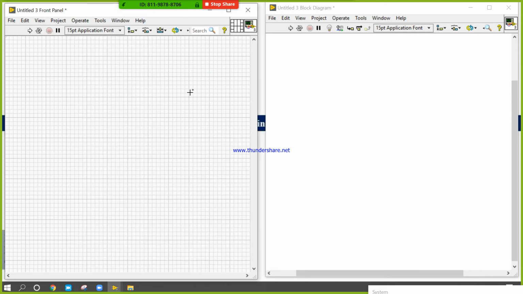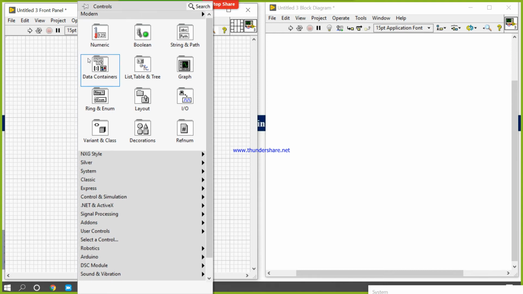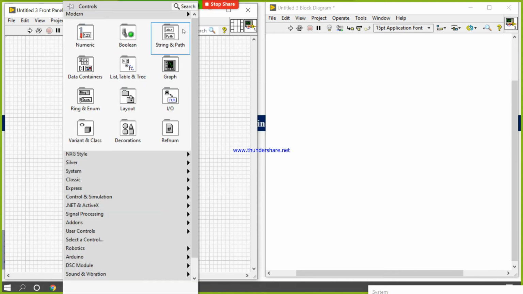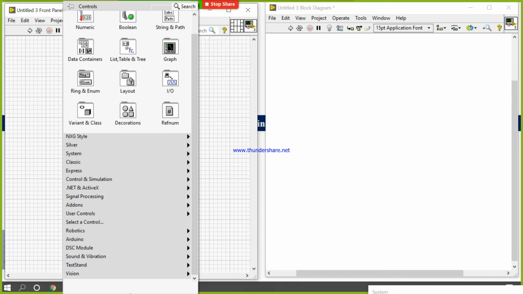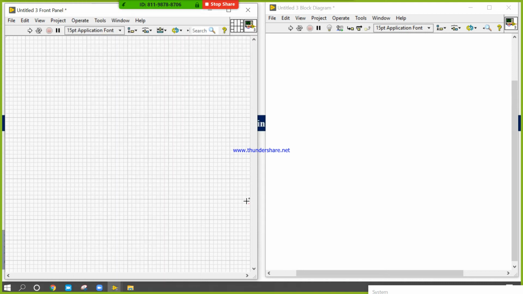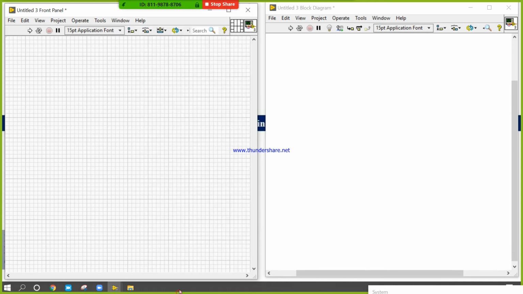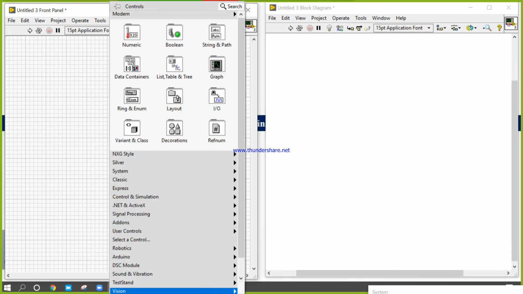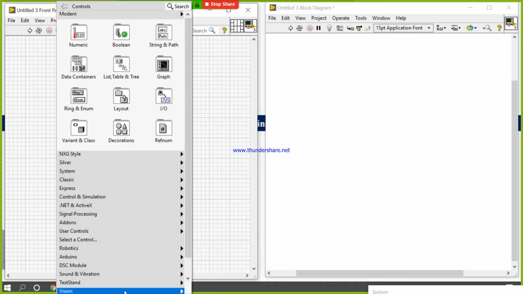For that, look here, right click. If you right click, you will get this control palette. Drag it. If you drag it, in the bottom you will get the visual item concepts.